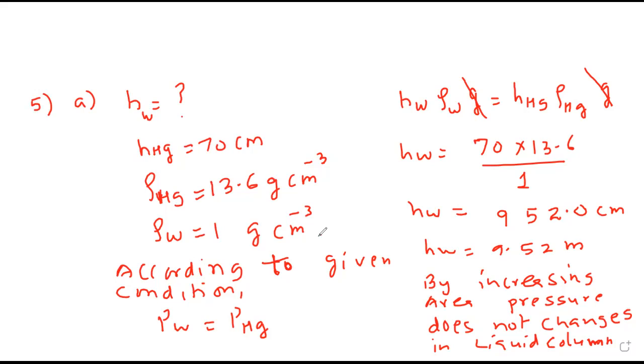Sir, suppose I take on one side a small boy, and on the other side of a weighing balance a heavy man, then 2-3 boys will balance that, no? Yes, so this we are talking about, pressure is the same, but density of mercury is heavier, so a small height will give the same weight at the base. Pressure depends upon thrust, which is weight.